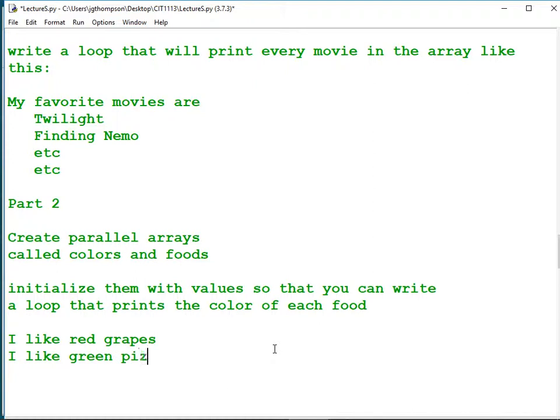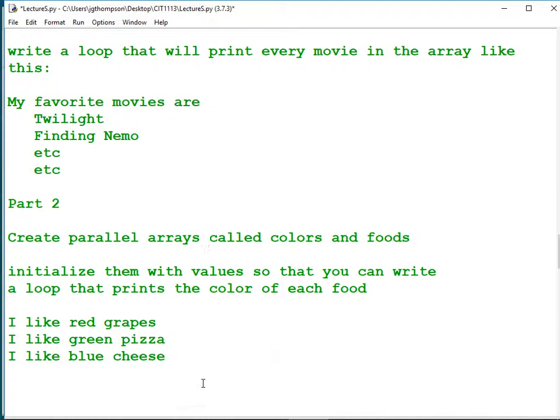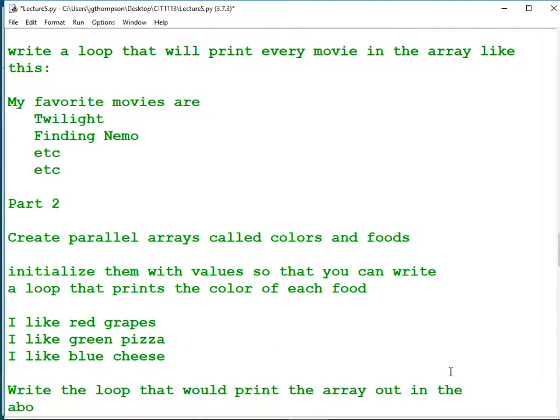I like green pizza. I like blue cheese. Something like that, right? So one of the arrays is going to be called colors, and it's going to be set to red, green, and blue. The other one's going to be called foods, and it's going to be set to grapes, pizza, and cheese. Write the loop that would print that out in the above form.